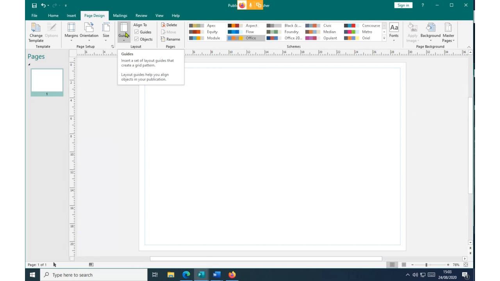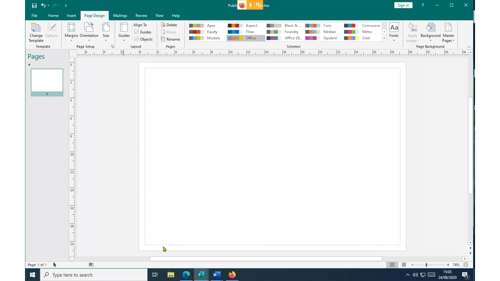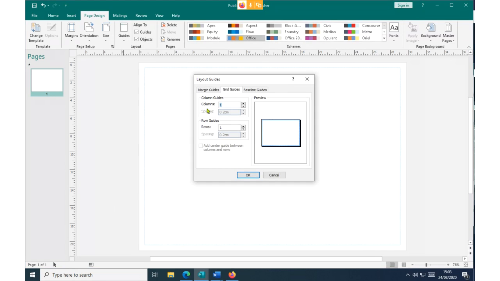And we have said guides are meant to guide your eyes when working with your publication design, and they cannot be printed. So once you point on it, you click on the arrow, then you pick Grid and Baseline Guides. Then you'll be presented with the layout guides.